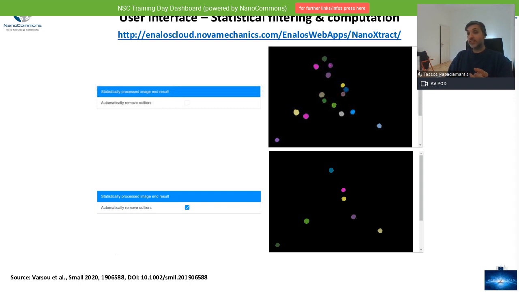But my advice and experience says that if you get to a point like this, where more or less all these nanomaterials look the same and are in an acceptable range, then you should not use statistical filtering, because then you will lose statistical significance in terms of your replicates, which is going to be based on one single nanodescriptor, and keep only very few particles that actually fit all the ticks statistically.